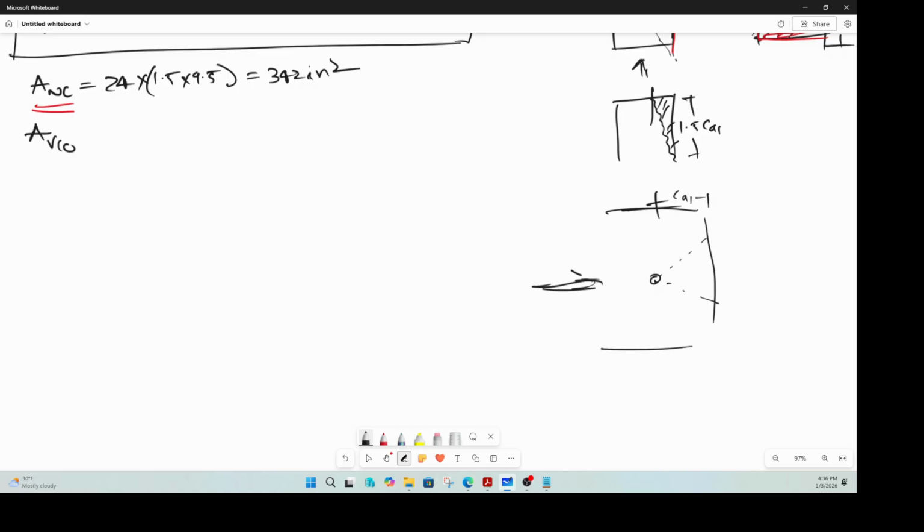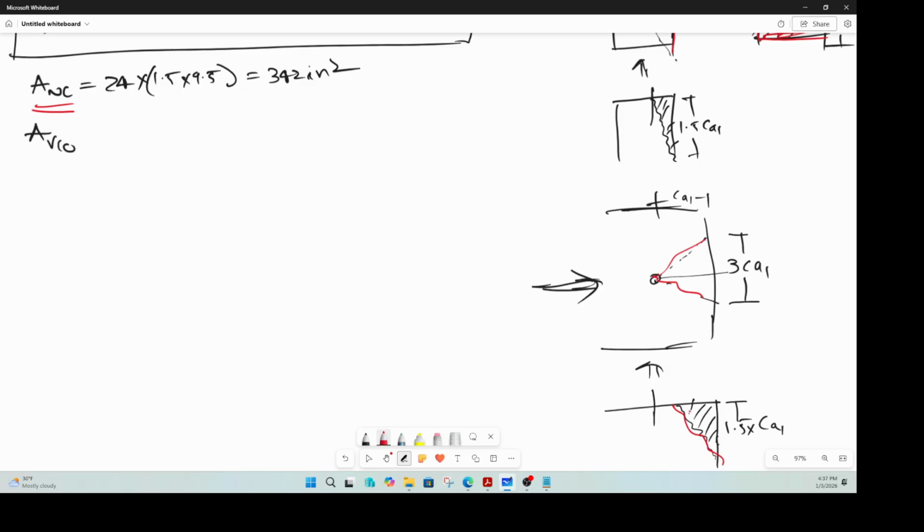When you apply shear in this direction, the failure plane will be 1.5 CA1 on this side and 1.5 CA1 on this side, that is 3 CA1, right? And how deep is it? If you look at it in this view, if that is your anchor, and this is your embedment depth, the chunk that fails has a depth of 1.5 times CA1. Okay. So again, this is the failure plane,